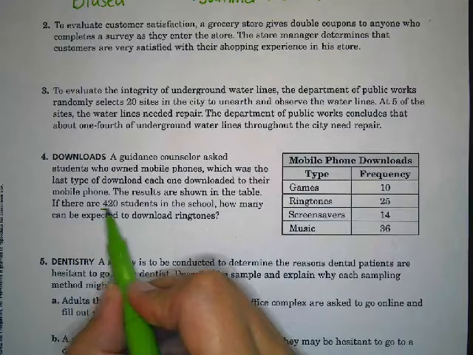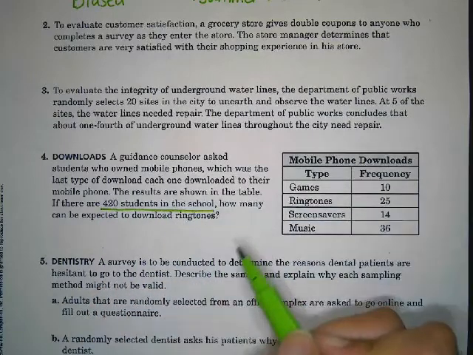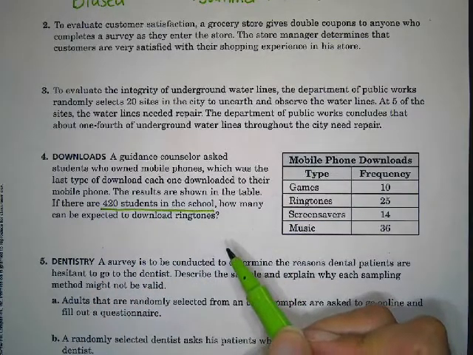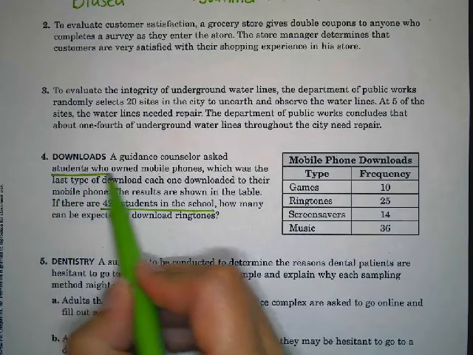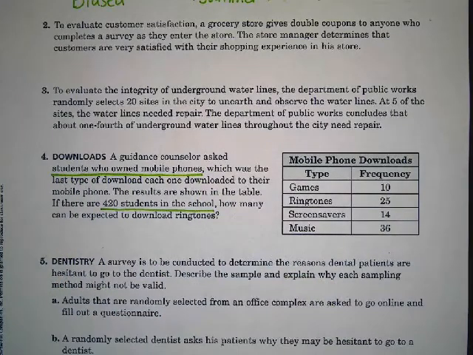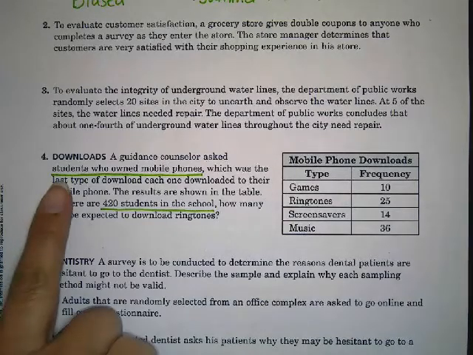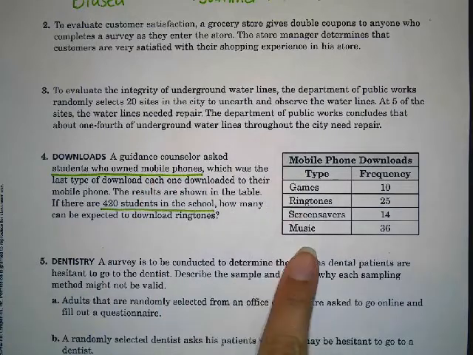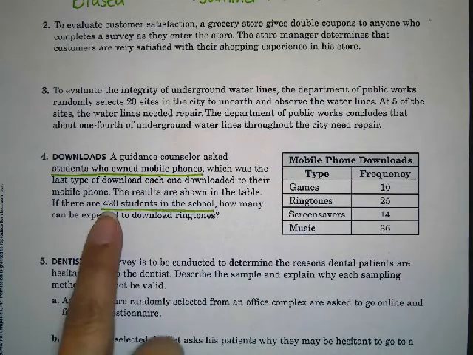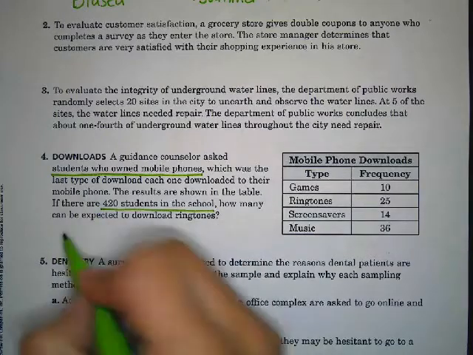So if there are 420 people in the school and they surveyed all the students who owned mobile phones, those students that don't own mobile phones wouldn't have downloaded anything. So they have asked all of the students possible who have mobile phones the types of downloads they have, and they want to know out of the total number of school. So in this case, it's going to be unbiased